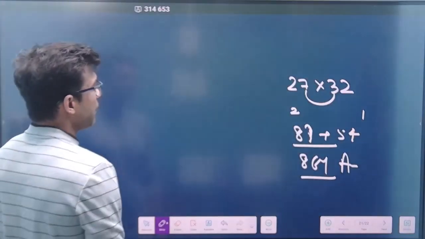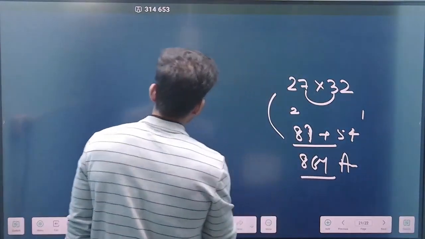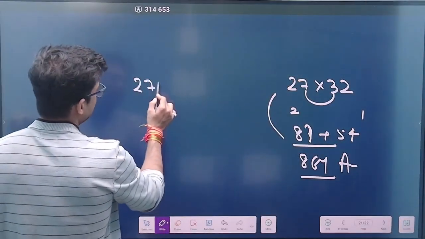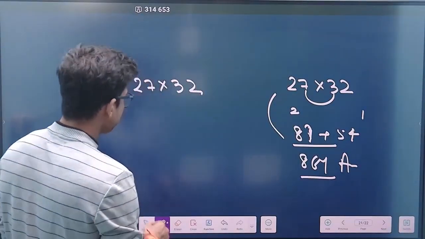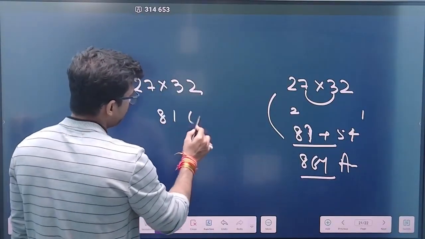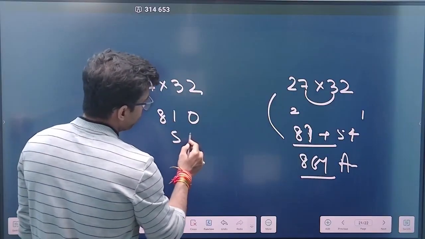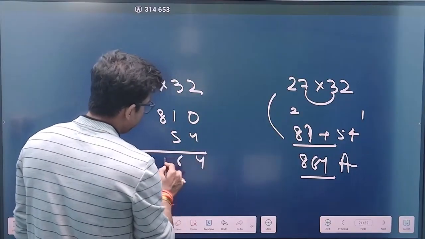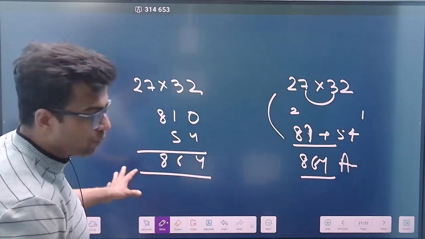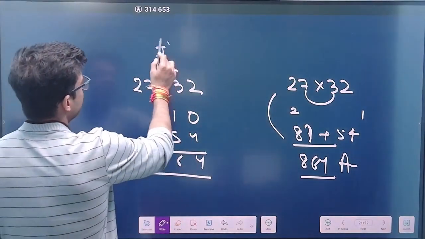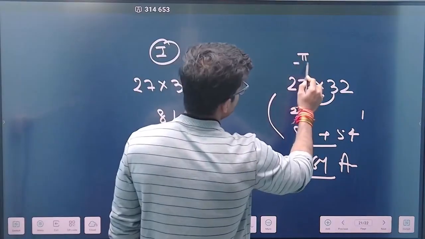So this is the method which we did yesterday. Now let's solve 27 multiplied by 32, with the method which I have guided you. This will become 810 and this will become 54. Again your answer will be 864. Done. So both methods, method number 1 as well as method number 2, give you the same answer